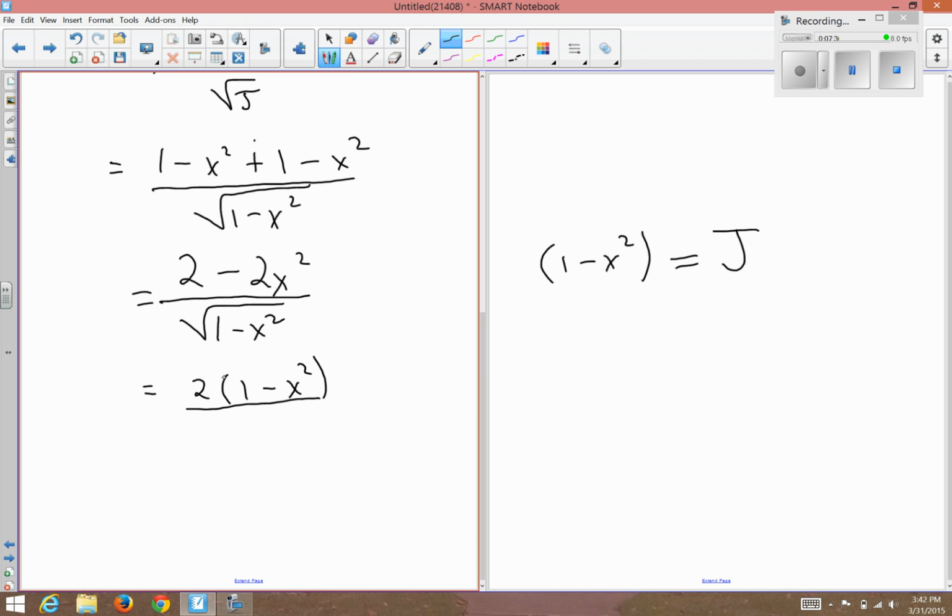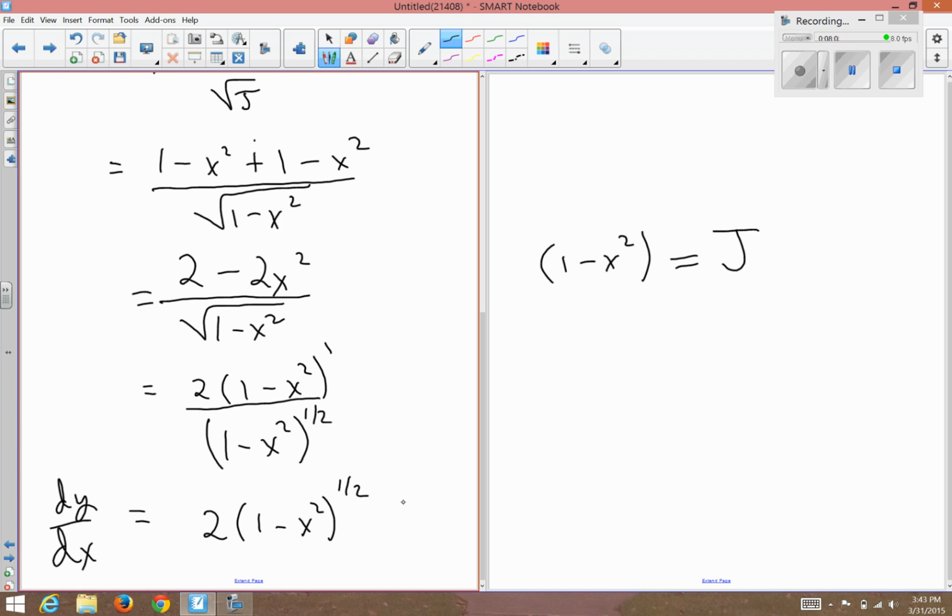The denominator is 1 minus x squared to the 1/2. Since we have 1 minus x squared to the first power over 1 minus x squared to the 1/2 power, we do this division by keeping the base, they have the same base, and subtracting the exponents. 1 minus 1/2 is 1/2. This 2 out here gets brought down, and we're done